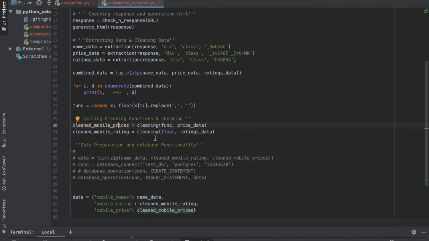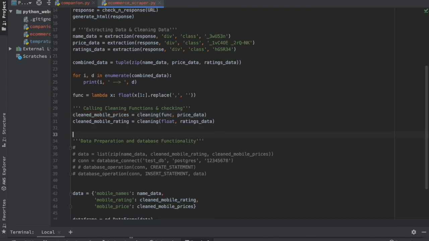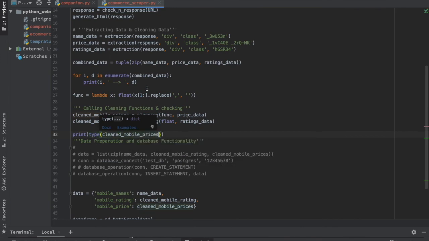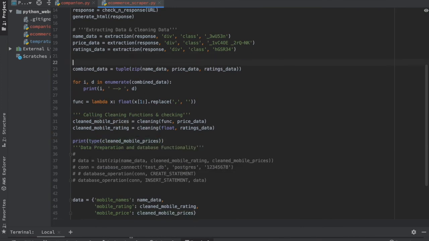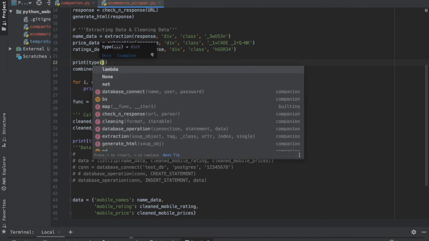So we have all this data, and just for understanding we can see the type also. So print type of clean mobile prices, and type of price data.